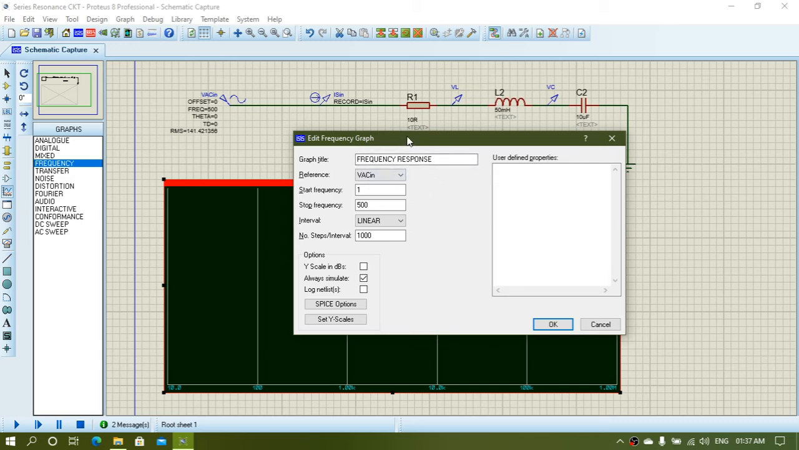And all the graph parameters have been set. Now observe very carefully. Reference should be your VAC in, start frequency should be 1 Hz, and it will stop at 500 Hz. Interval will be linear type, and the step interval will be 1000, so that our 500 Hz can have a resolution, we will have 2 data points when it increases accordingly with our signal source. Now click OK,